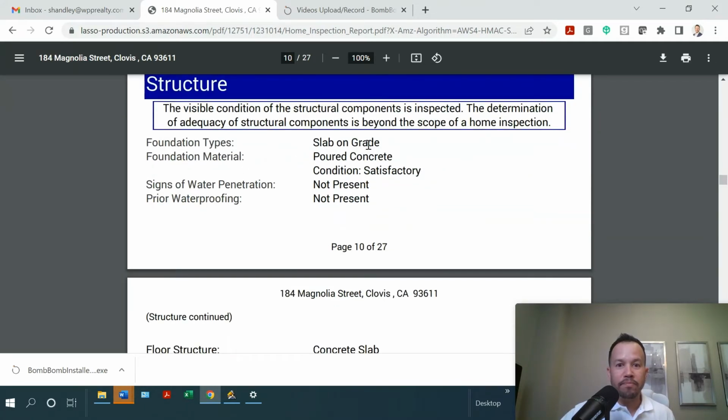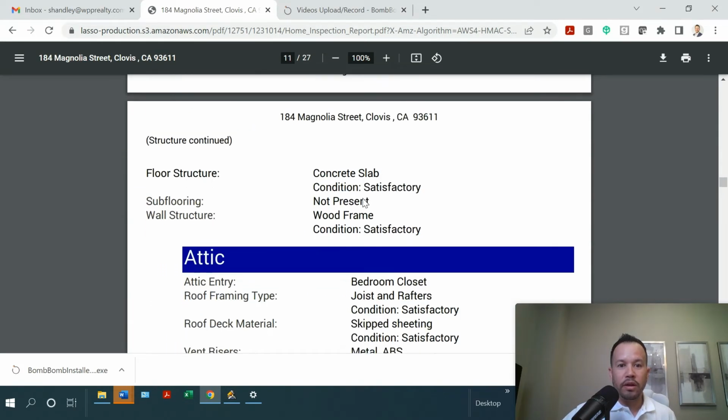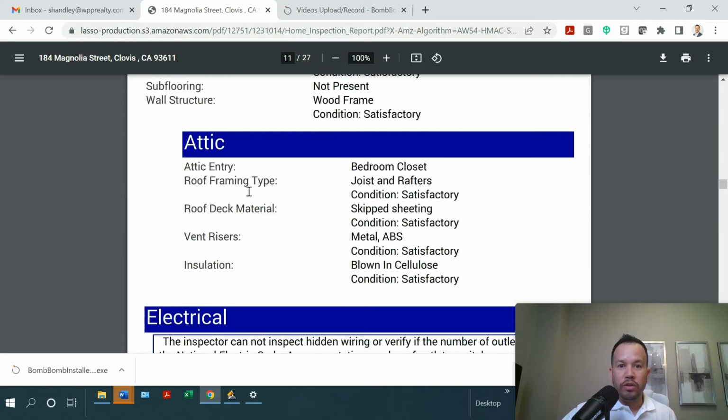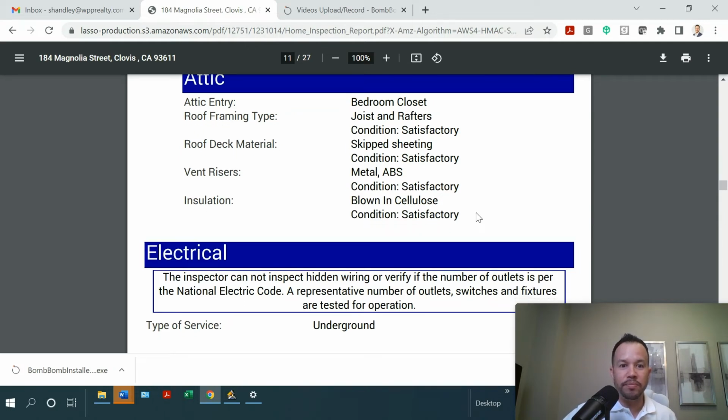Okay, you can see other stuff, foundation type was slab. Okay, it's not a crawl space. It's not what's called a subfloor. This was a concrete foundation, and the condition is satisfactory. Okay, signs of water penetration, prior waterproofing not present. Okay, and as we check different areas, the attic seems to be satisfactory everywhere in there, which includes sufficient insulation,